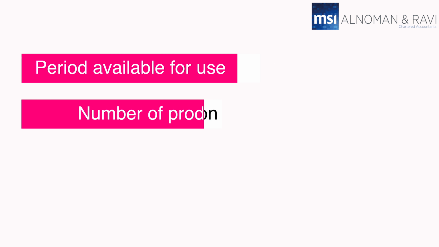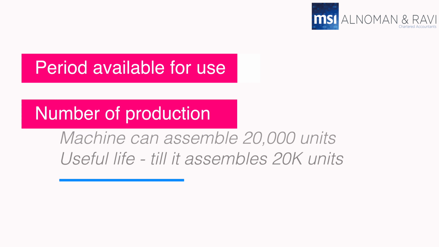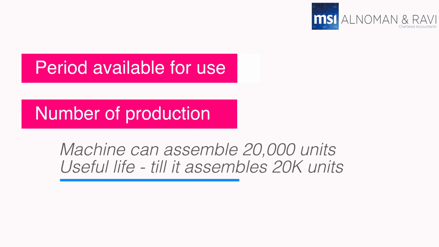We can also determine the useful life of an asset based on the number of production or similar units expected to be obtained by that entity. For example, a toy manufacturing company may own a machine that assembles toys, and this machine can assemble 20,000 units over its life, after which it begins to have major maintenance problems, deeming it useless. Therefore, the useful life of the machine is for as long as it assembles 20,000 units and will be depreciated every year based on how many units it produces.